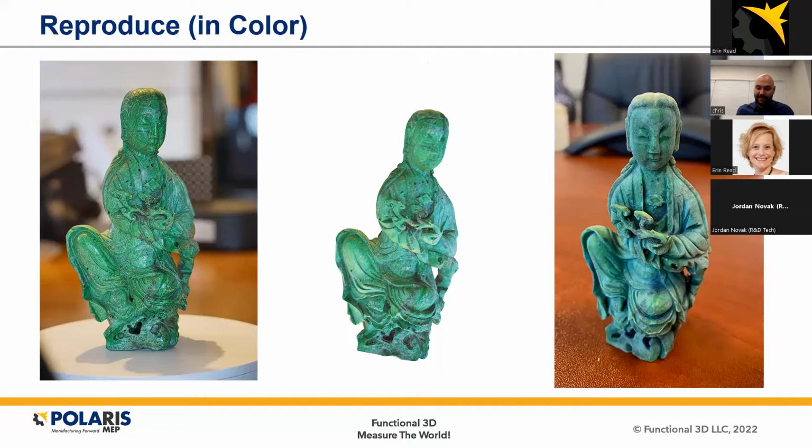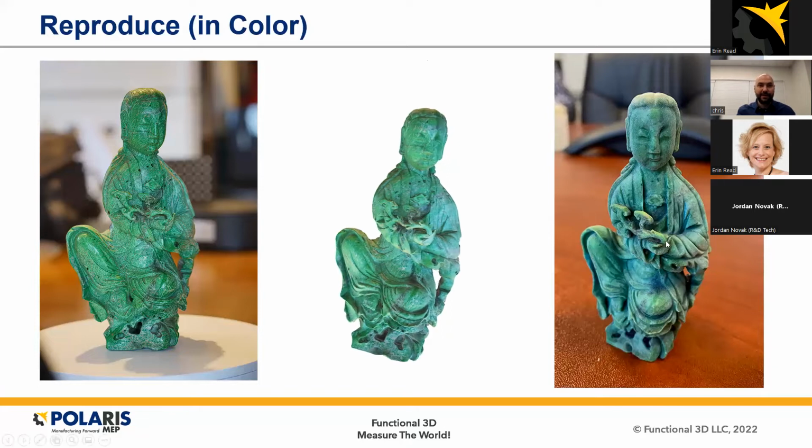And so with 3D printing, you're able to take that piece of history and put it in people's hands. That's great for children, being able to touch something. And it's also great for people who have visual impairments that may not be able to see some of these historical objects. So they can actually pick them up, touch them, hold them, and then see them for themselves, as opposed to getting a description or just hearing about it. So being able to experience it in that way, I think, is really important and very helpful, as well as just documenting, like you saw, being able to put this in a 3D